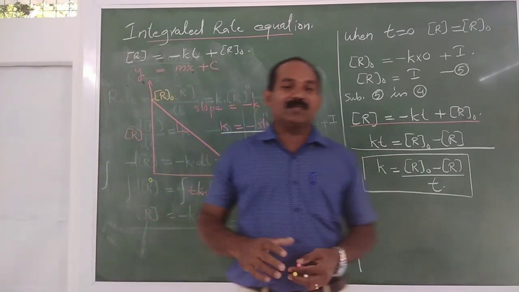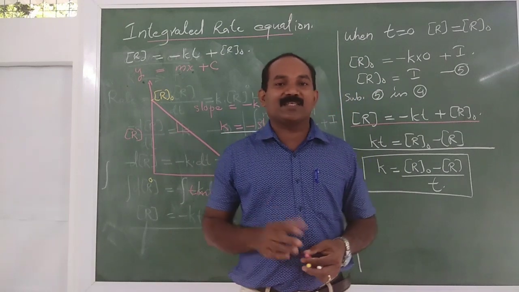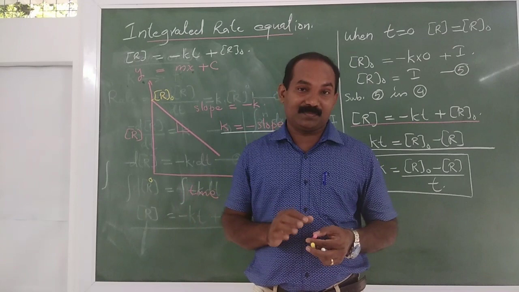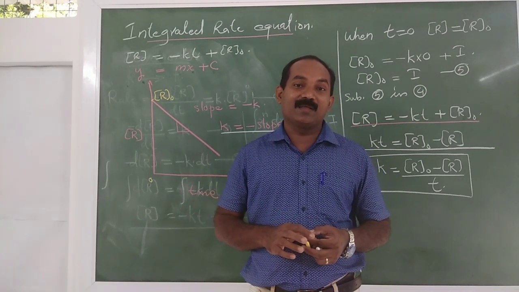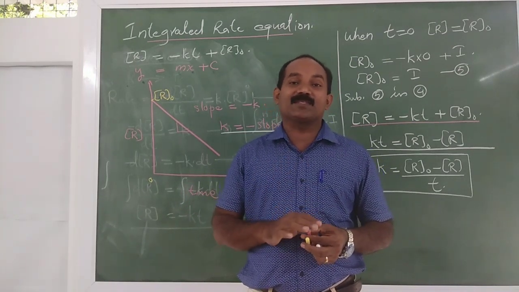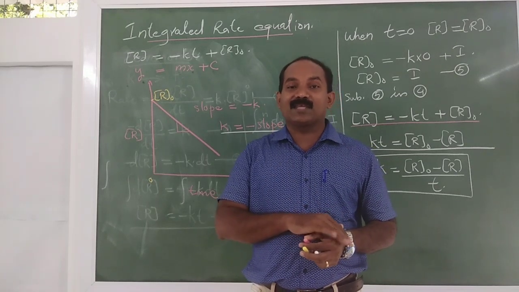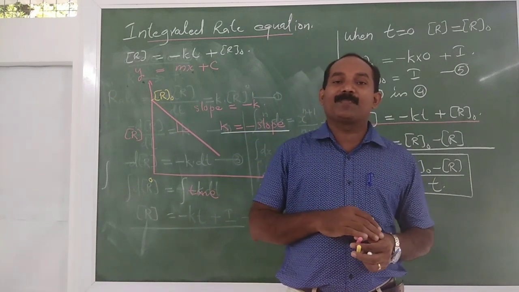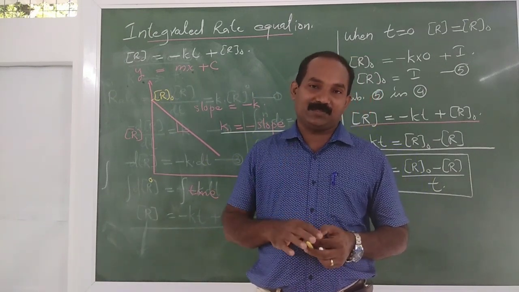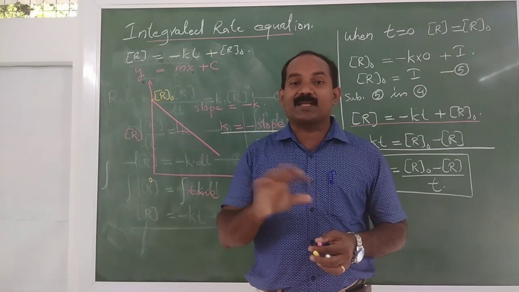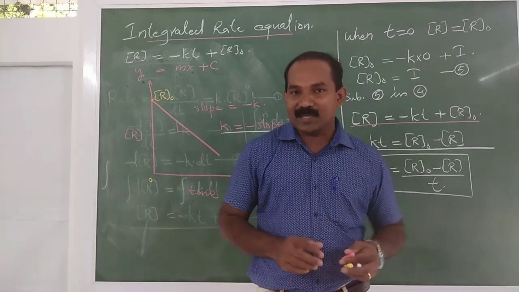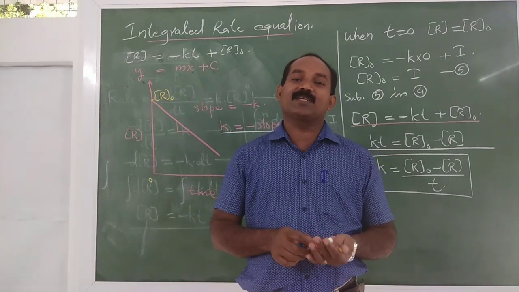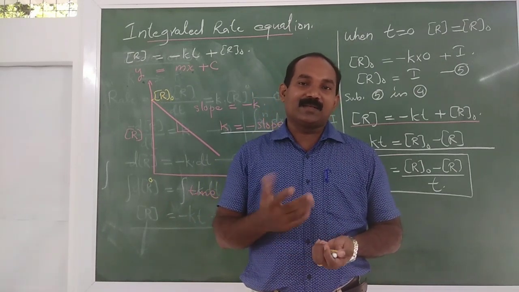And one more thing, the zero order reaction rarely occurs. It is uncommon. Why? The zero order reaction takes place at the surface of some catalyst, or it occurs under some conditions, such as some enzyme catalyzed reactions. You know what enzymes are? Enzymes are biological catalysts.